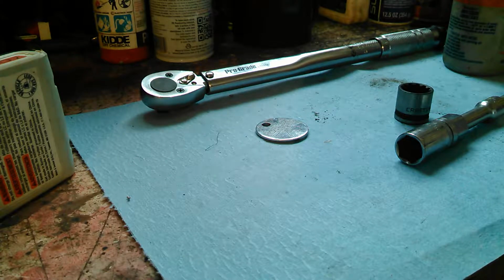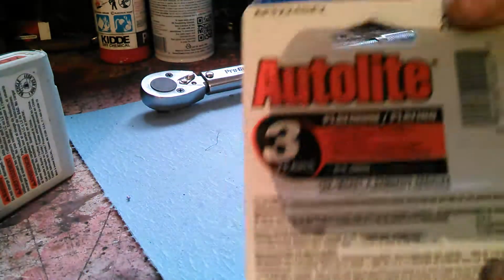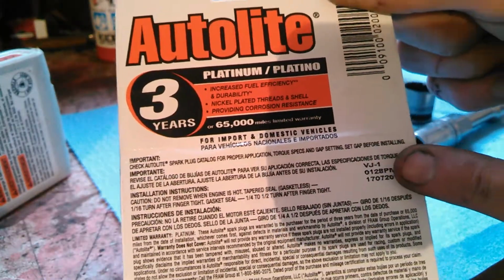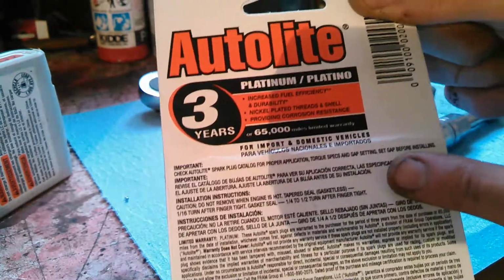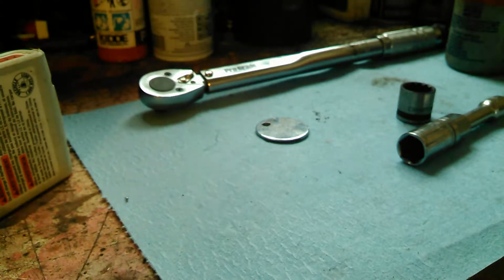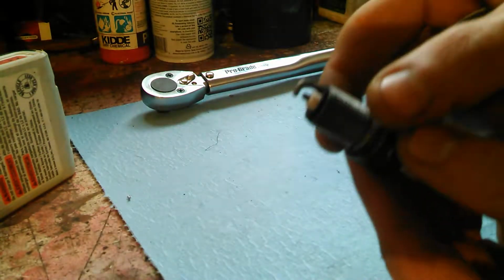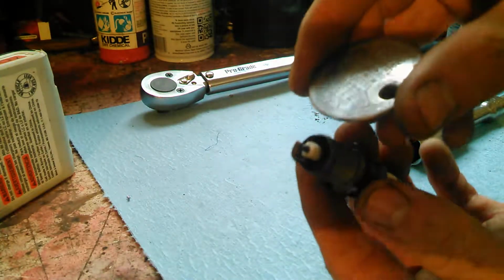Let me show you something. For those of you who believe spark plugs come pre-gapped, here's a spark plug package. On the back of the package itself, it says set gap before installing. It says set gap before installing. You have to do this yourself. Don't trust that they come pre-gapped. Because anybody out there who does regular automotive maintenance or replaces spark plugs often enough will know they rarely ever come gapped for the specific gap size for your engine. So in order to gap it,